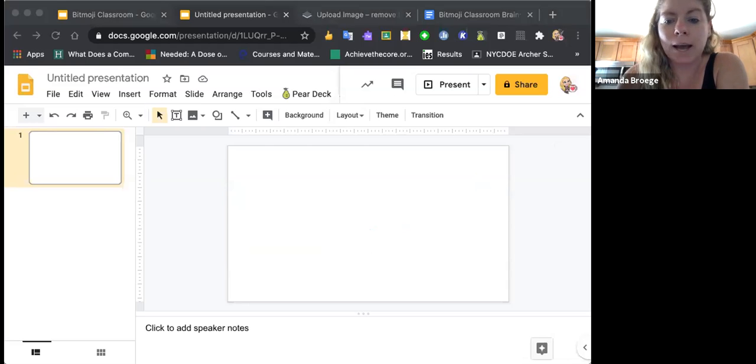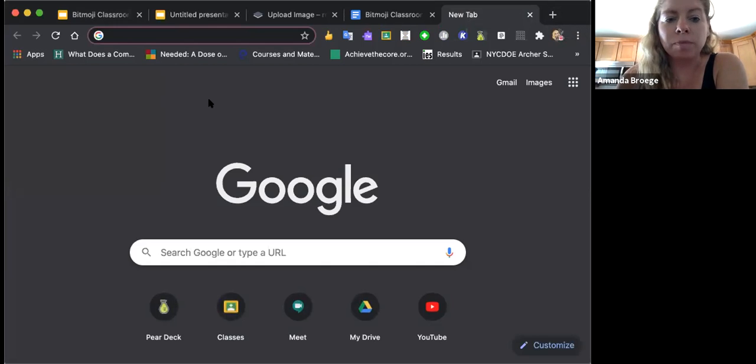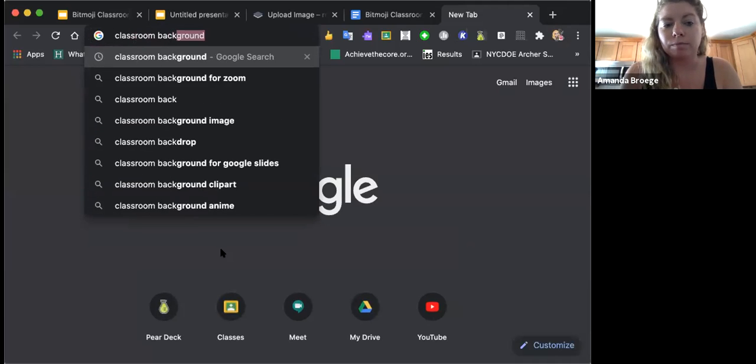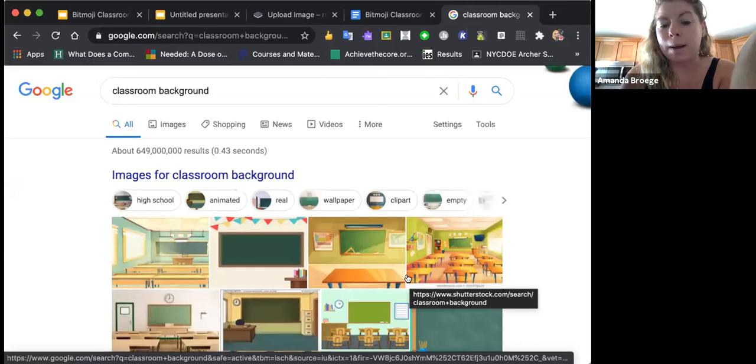So your next step would then be to do an image search. There's a couple different things that you can do with an image search. If you go to Google, you can insert or do an image search on the Google slide. I prefer to do it this way because you have some control over the tools. So if I'm searching, let's say, classroom background, this is what is going to pop up, and you can insert that image right into your classroom and boom,